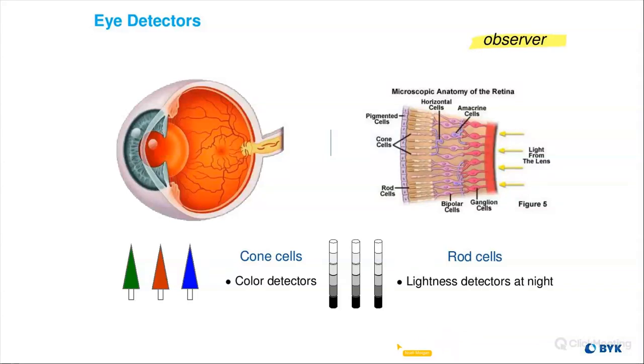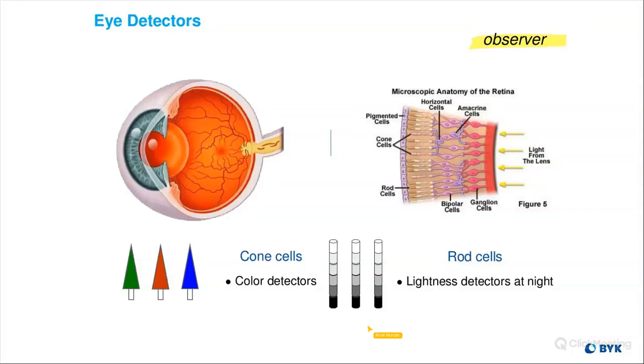And so people began to switch to the 10 degree observer, because that actually makes sense. It correlates well to what we're seeing visually. There are still some industries that use the 2 degree observer for specific reasons, some being historical data, some being a correlation to what they're measuring, and some that they measure smaller things, or they're looking at color differences in smaller things, like in the printing industry, when you're just looking at the colors of the letters, right?